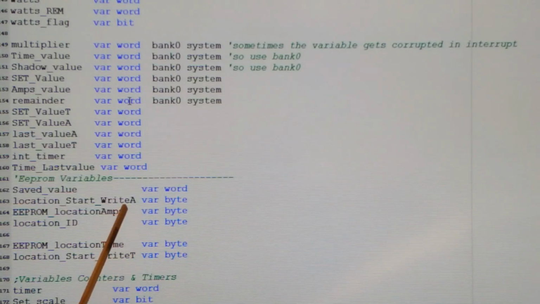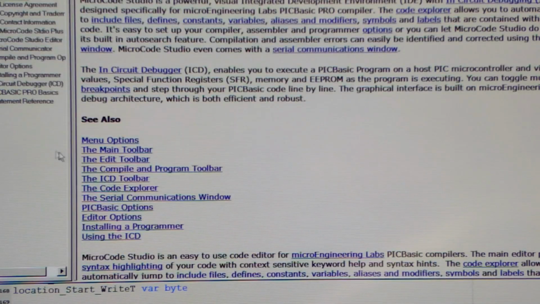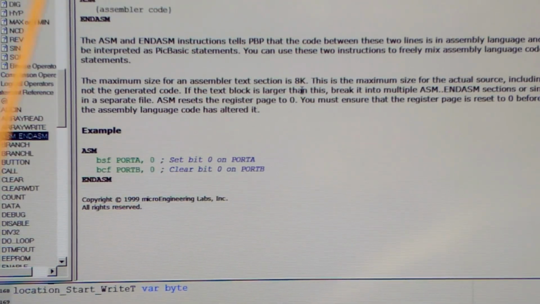not the compiler interrupt. PicBasic Pro uses 2 types of interrupt. One is set in the compiler, which creates an interrupt that makes your code bigger, and the other interrupt is, what do you call it now? It hasn't come to me. If I go back to the help, what do they call them? Let me just pause it. Yeah, what I was looking for is the word assembly code, and so the other interrupt is made under the